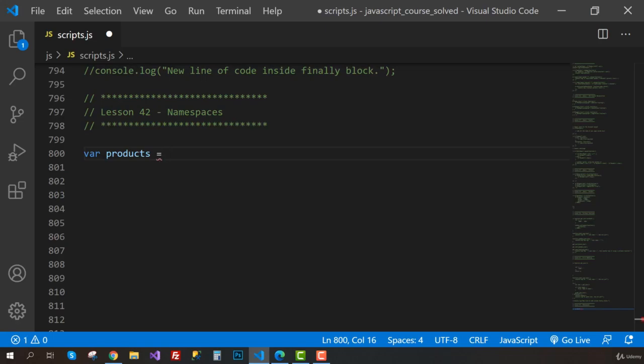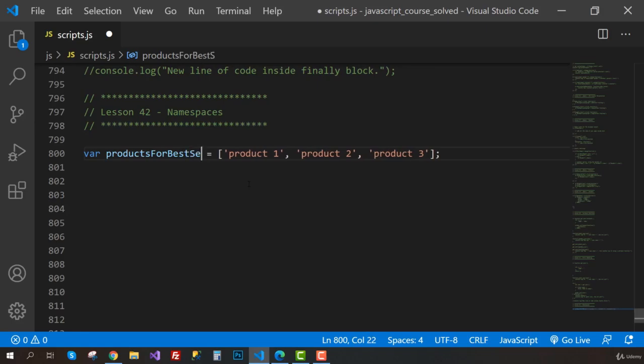And then let's start a list here. I'm just going to create a very simple example like this. So these would be the products for our product slider. But as our application grows, it is likely that I'm going to use this name somewhere else in the code. So what could we do with this? Well, we could just make this name more specific. So I could do something like products for